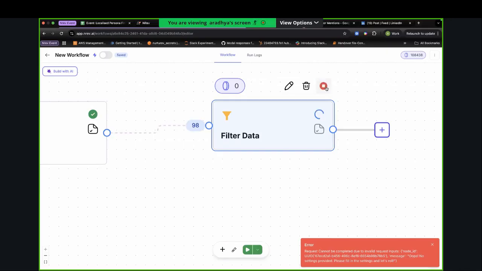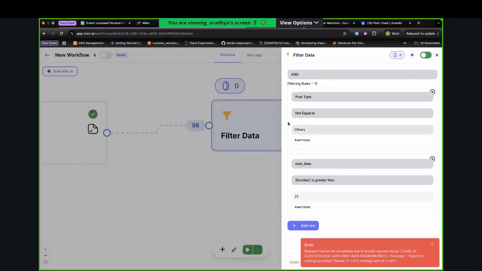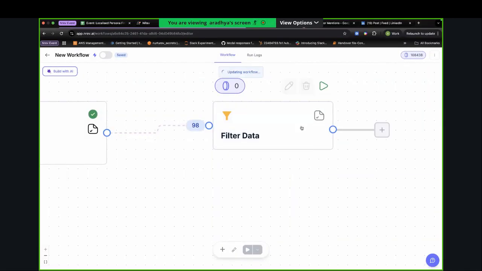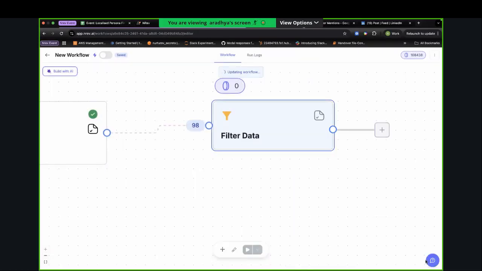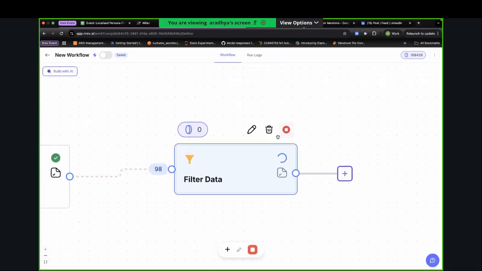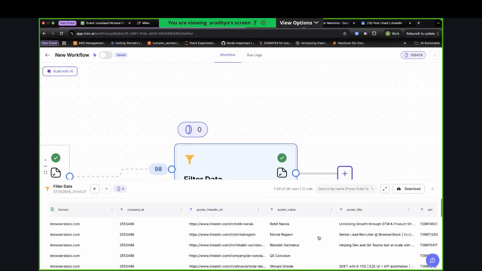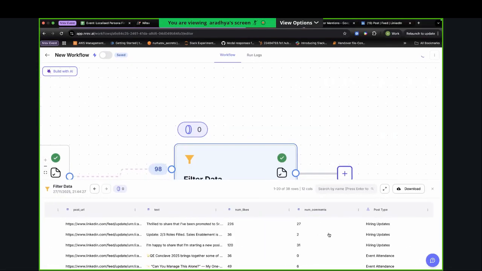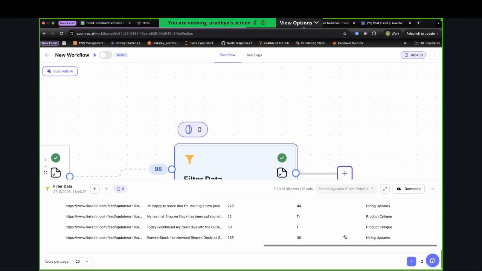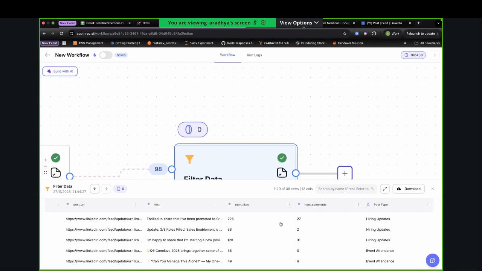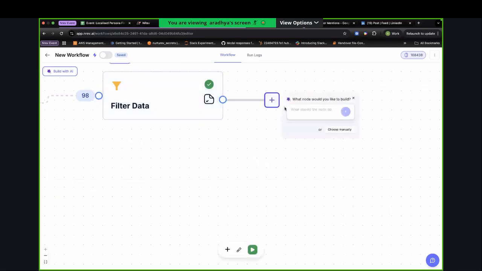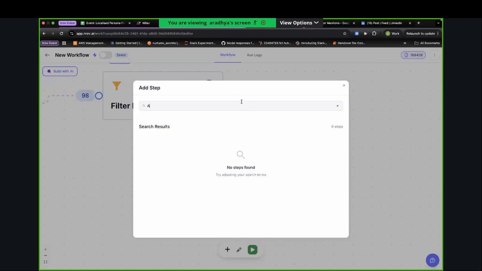Oops, maybe I pressed something wrong. Just a sec. Post type is not equal to others. And it's actually qualified 38 posts. And as you can see, here we have all the kind of posts that are relevant to us. And now I can actually go in and say that, okay,